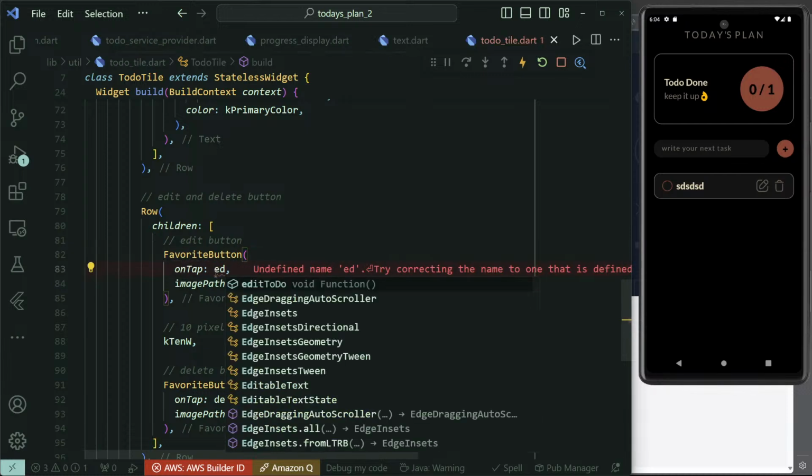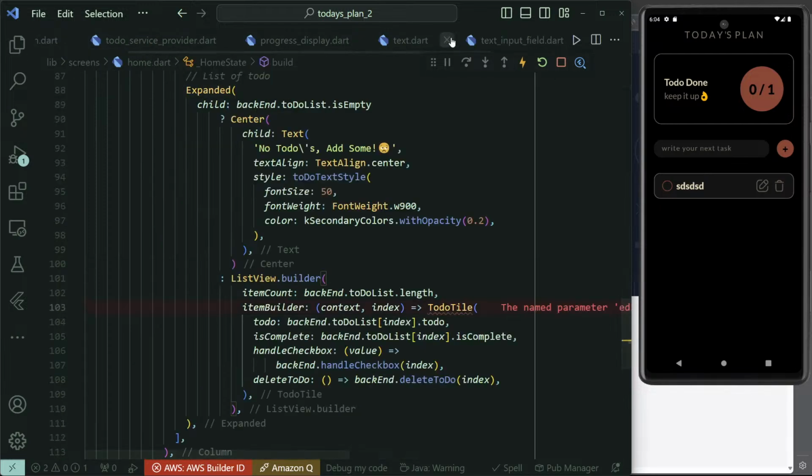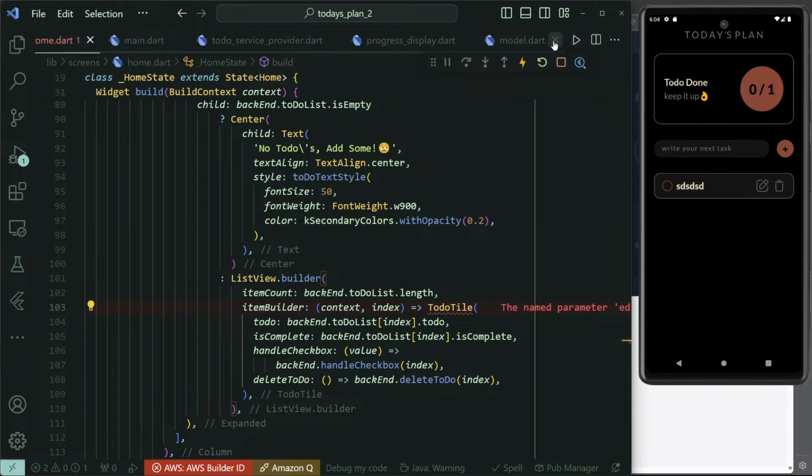So edit to do. Nice one. So where were we? Let me get rid of this input field, model, progress. So home. Here we need to call edit